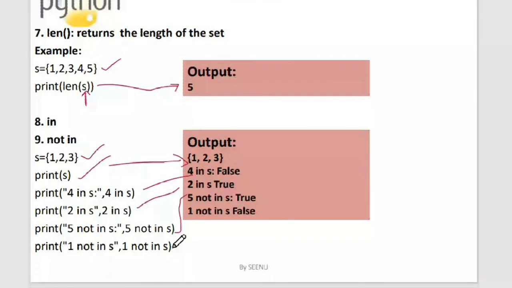So this is the application of the membership operations on a set. The two membership operations are in and not in. In will return true if the element is there, false otherwise. Not in will return true if it is not there, false otherwise. Okay, are membership operations applied on sets clear to my class? Yes, ma'am.